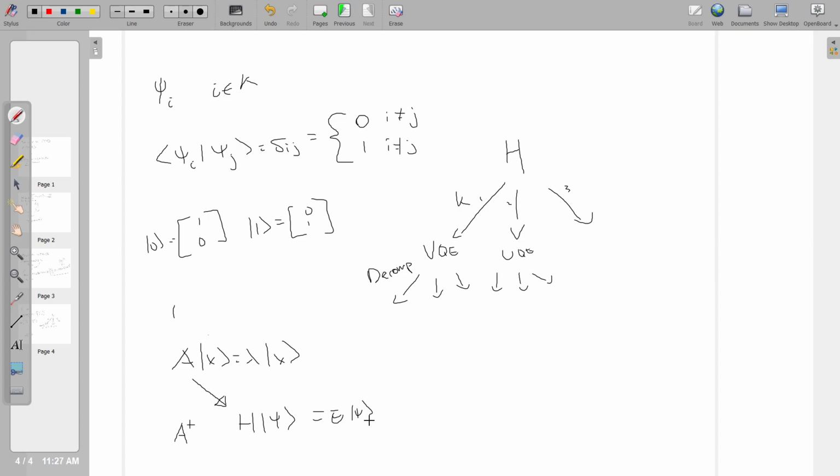Any quantum mechanical operator is Hermitian, and therefore the eigenvectors are orthogonal. And you see Hermitian matrices come up all the time because the eigenvalues of Hermitian matrices are always